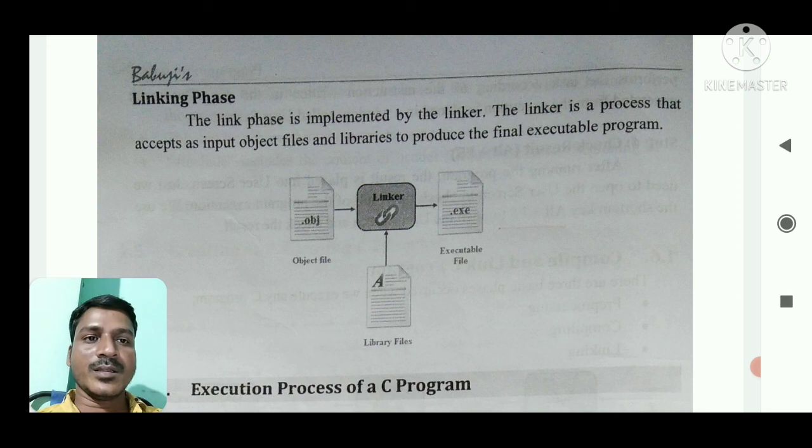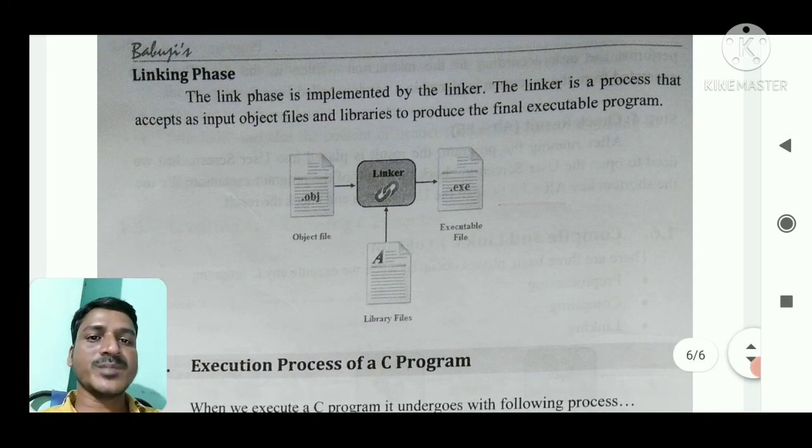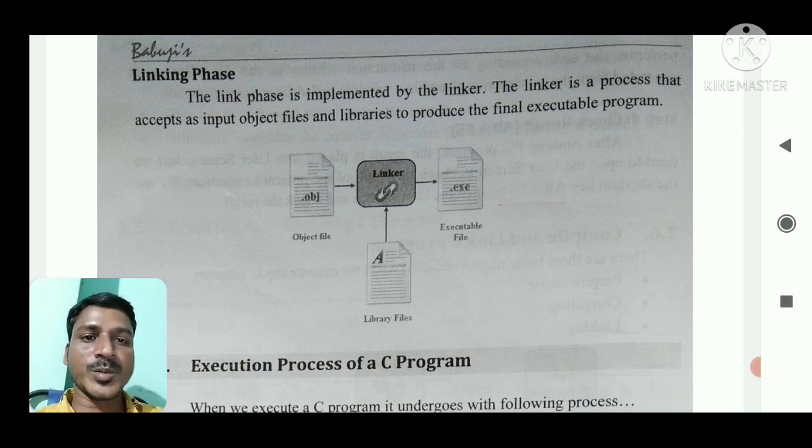The definitions of predefined functions are added to our executable program by the linker. So the linker's work is combining our object file and the library files, and then the final executable file, the exe file, is created.